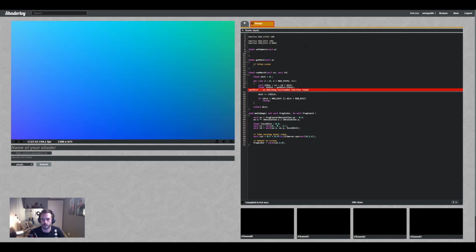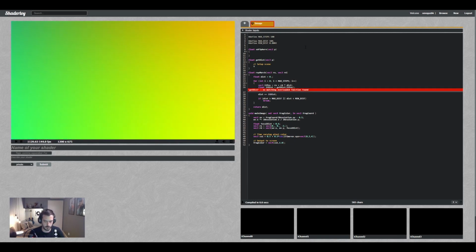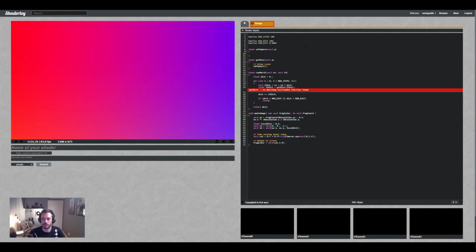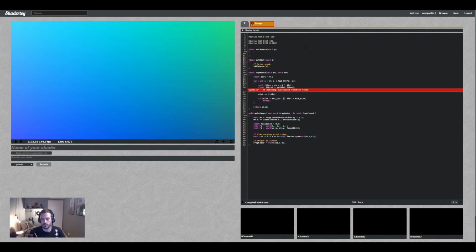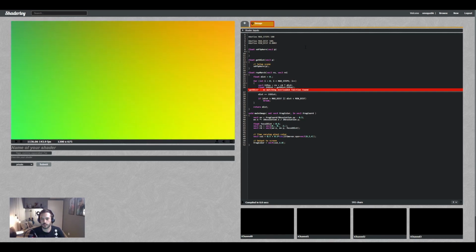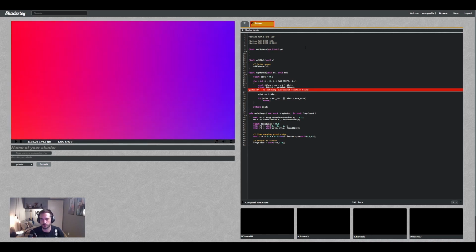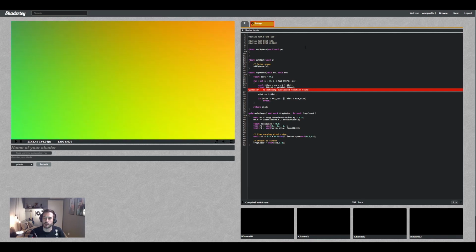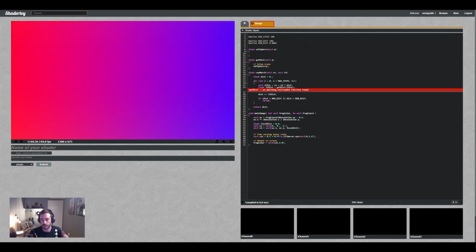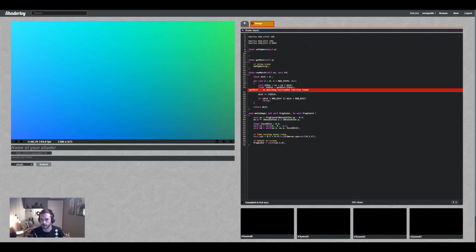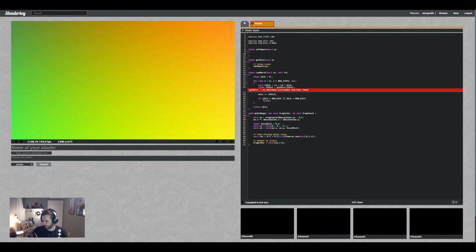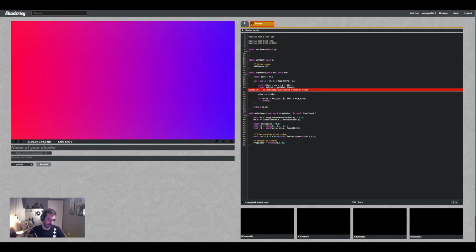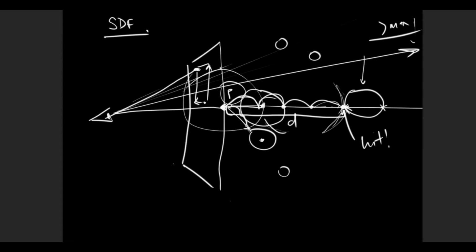And here we just do SDF sphere P, I guess. Also, we want to have the option to extend this thing, so we want to render a sphere with different positions and radiuses. But before we do that, we need to explain how we get the SDF of the sphere, which will be quite easy. So if you go back to this drawing board,